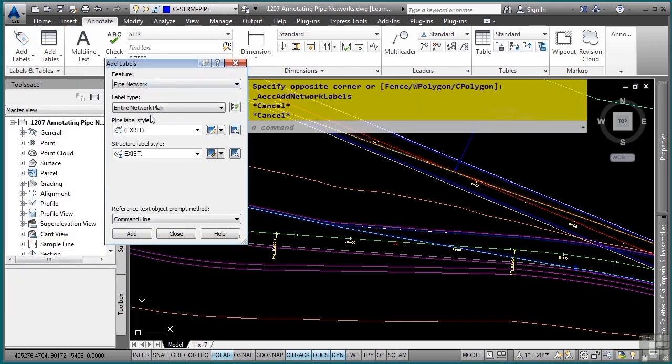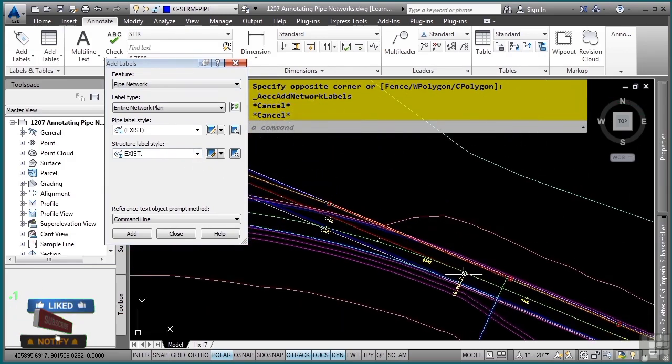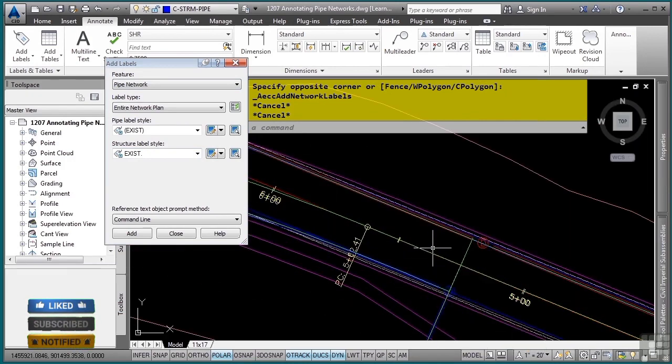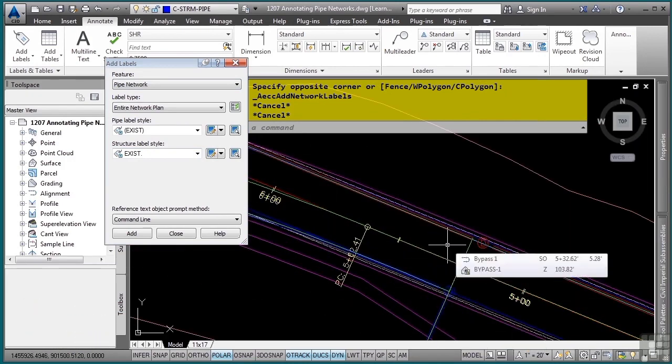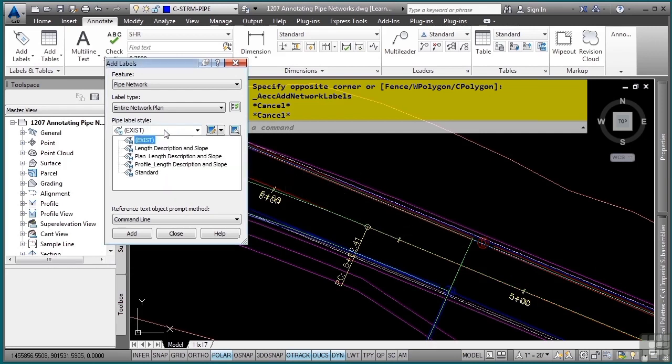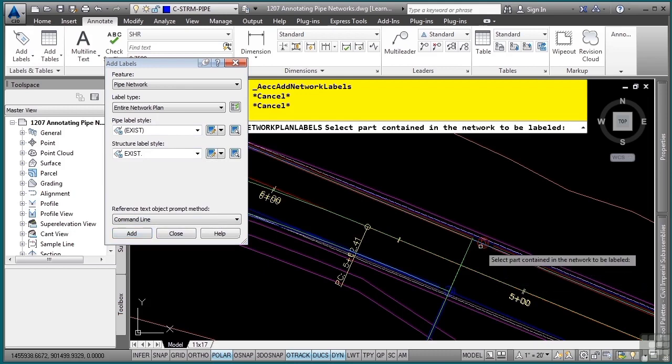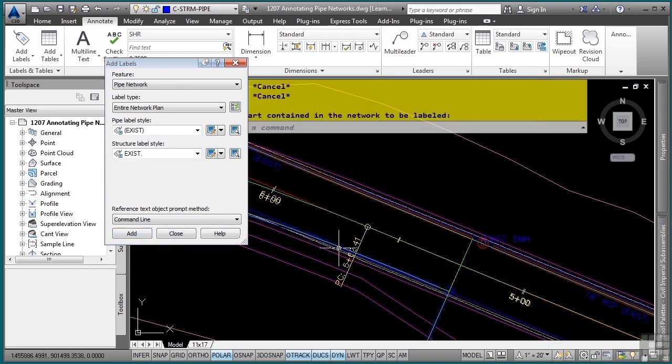You're prompted with a dialog box, which allows you to select the label styles you want to apply to each of the different pipe network objects. So let's start with our existing. We only want to display the names for the existing and the sizes. We don't need the invert elevations and the rim elevations. So I have a label style already predefined for the pipes called Exist, and for the structures called Exist, and we'll simply click Add, and we'll select one part on our pipe network,